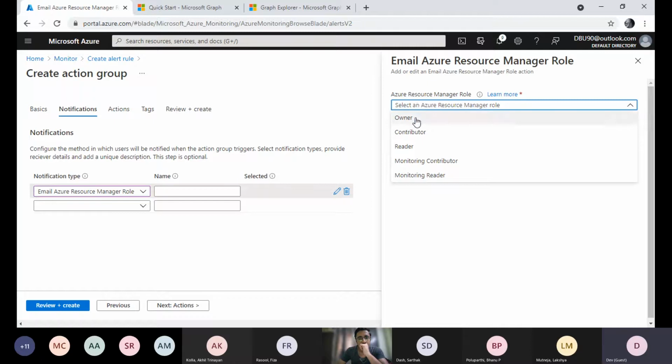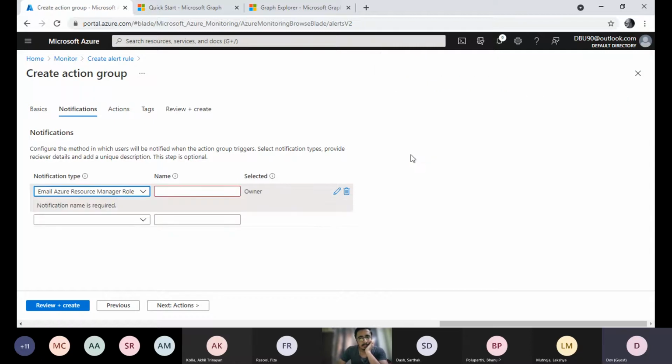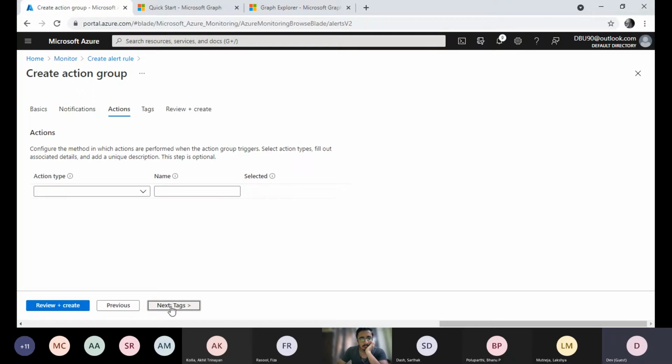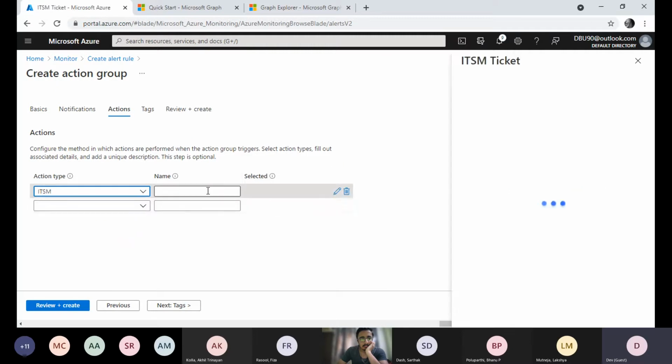So you need to select the role. So now you need to type the name. Action. I will go with ITSM.